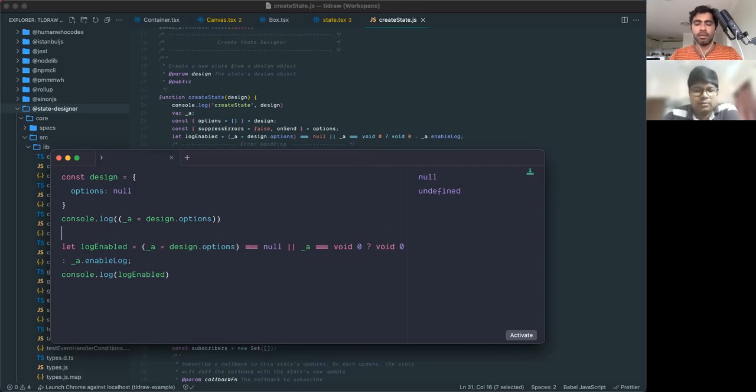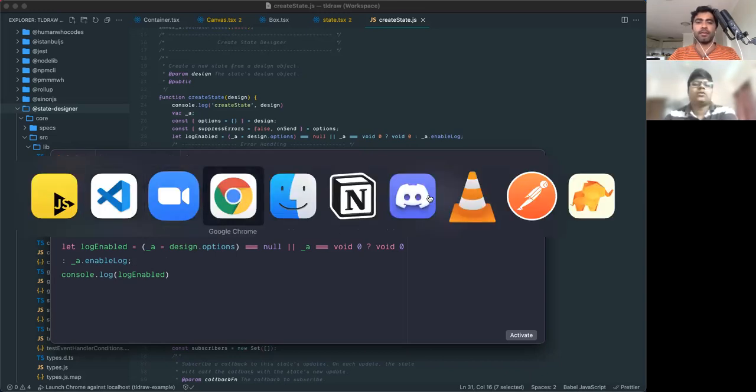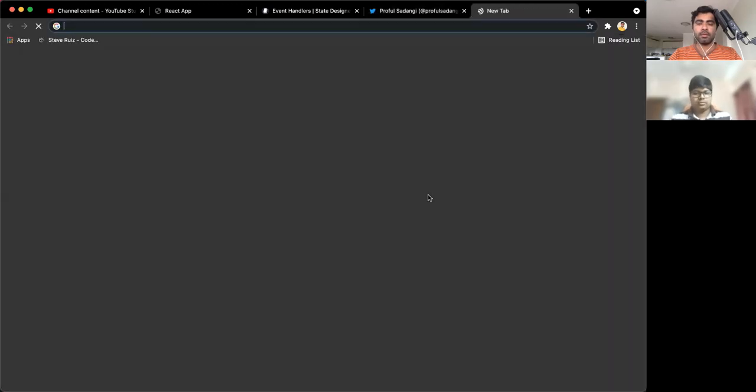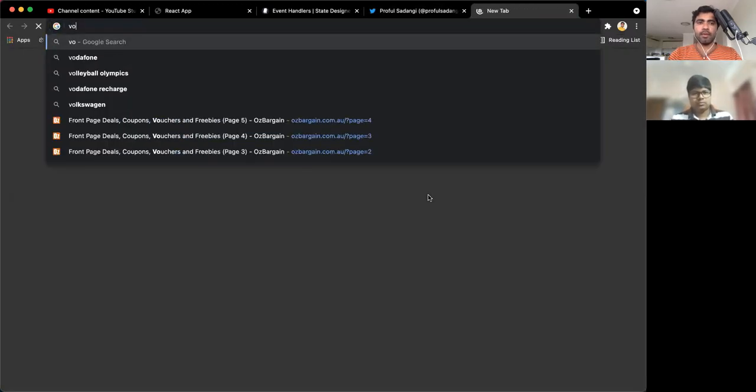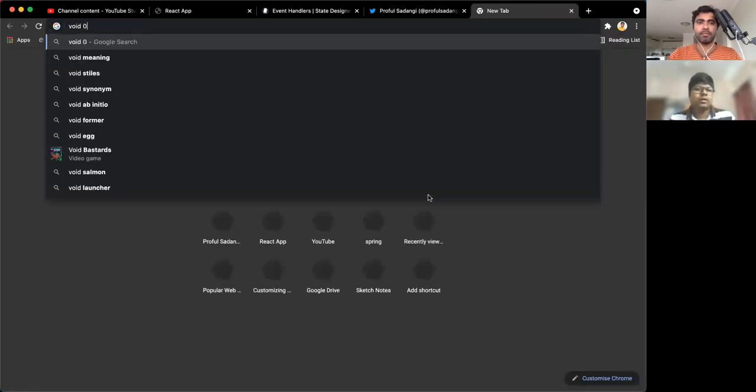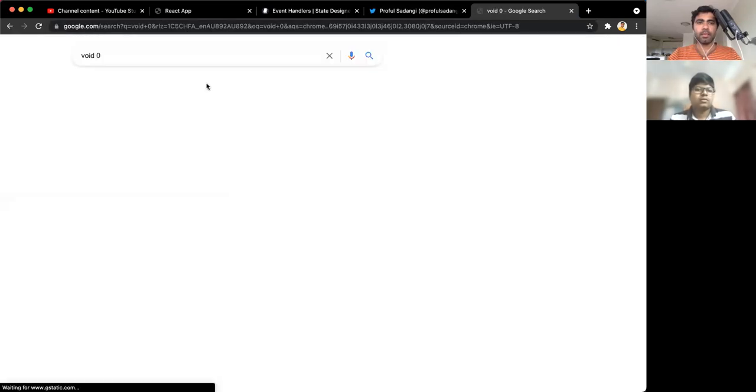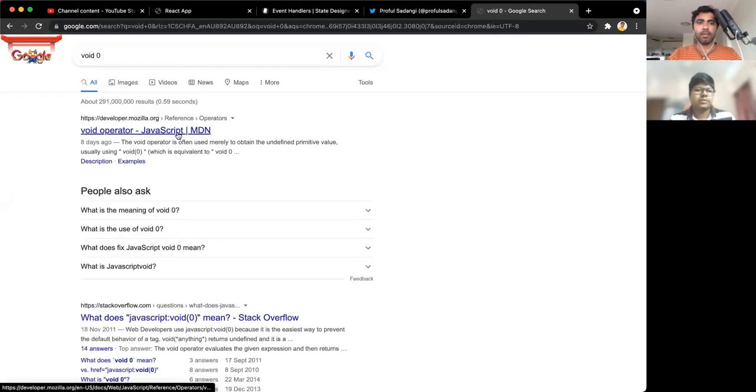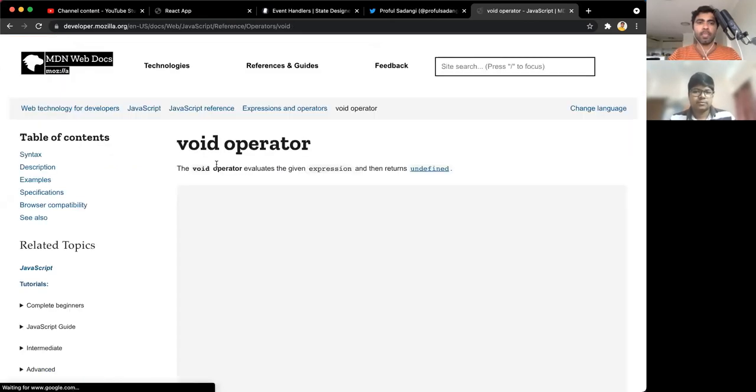Okay. Let's try to print it. See, void 0 is nothing but undefined. Okay. Let's Google it a little bit about void 0. JavaScript. Yeah. Okay. Void